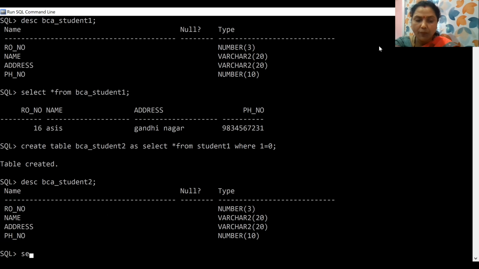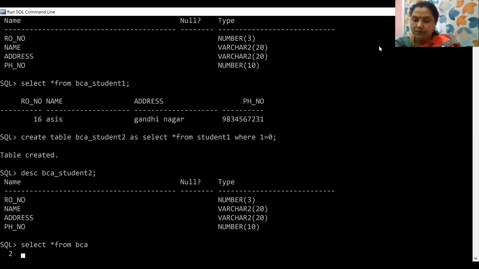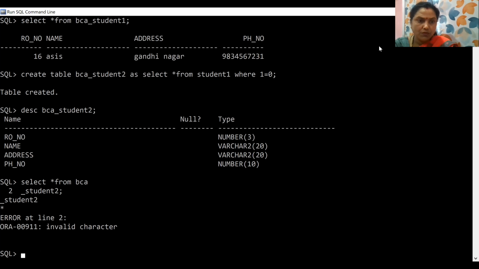Whether the contents have been copied or not, how can you check? Select star from BCA_student_2.